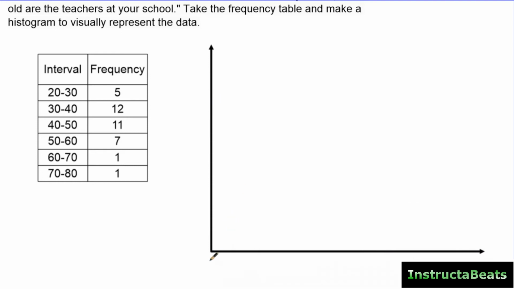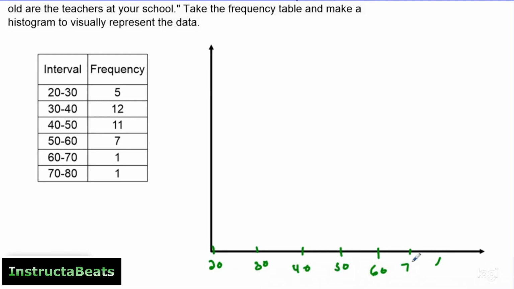So I know my first bin is from 20 to 30. There we go. And then I had 40. I'm counting by tens here: 50, 60, 70. Let me just move this over here. 70, and then we had 80 right here. So for this, I'm actually going to count by 2. So we're going to have 2, 4, 6, 8, 10,